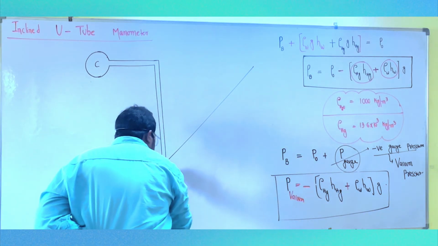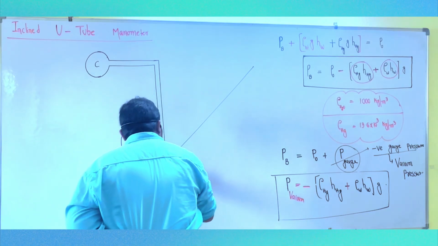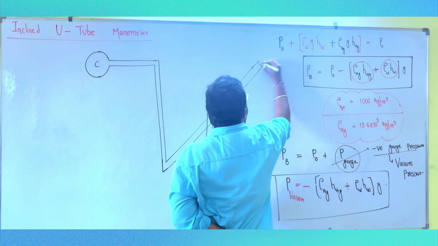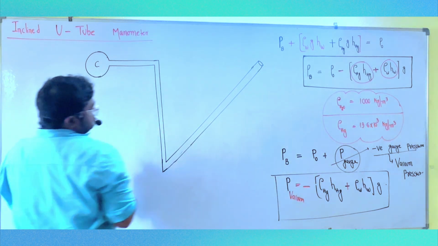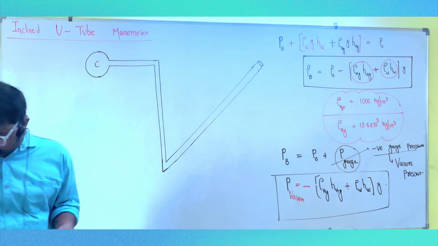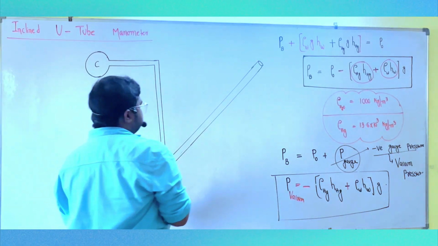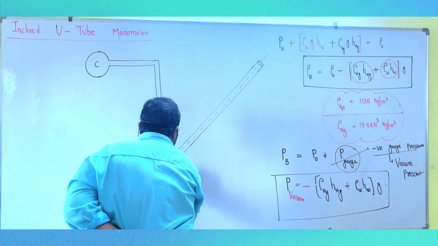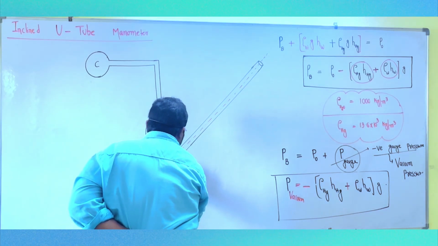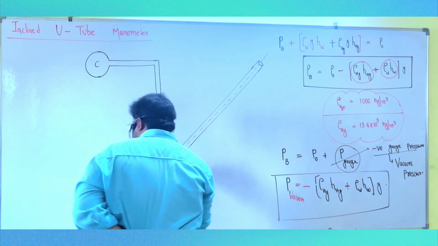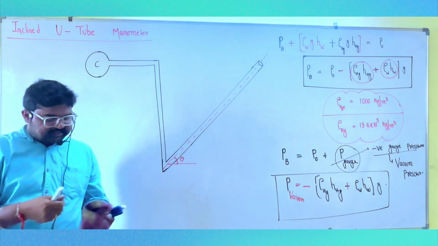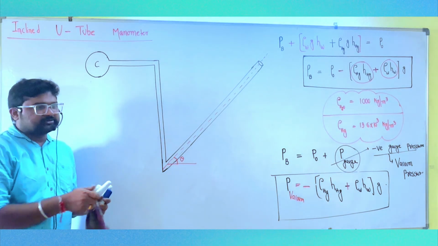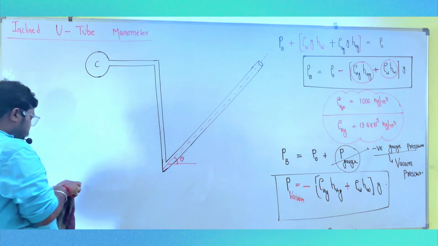This is an inclined U-tube manometer. Write down here to here. Okay, so this limb makes an angle theta with the horizontal. Understood? So now tell me, in the same manner: